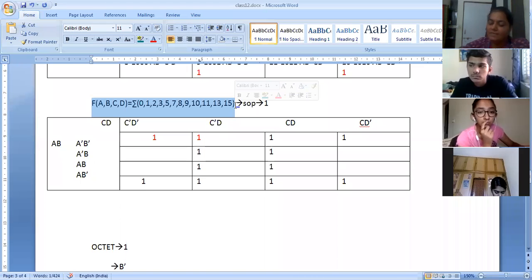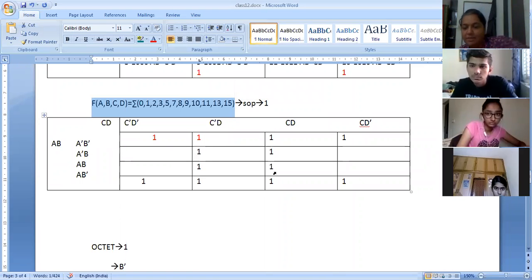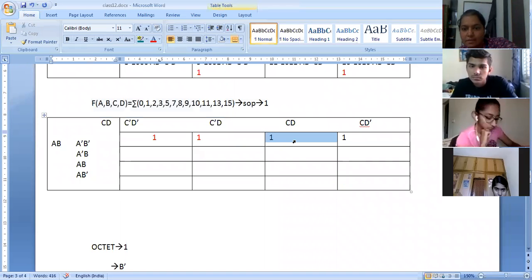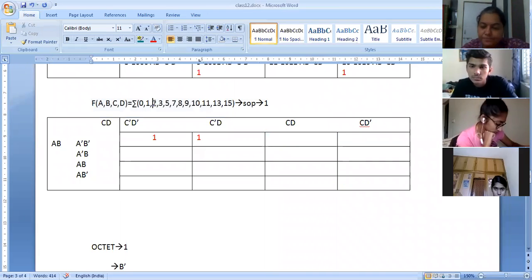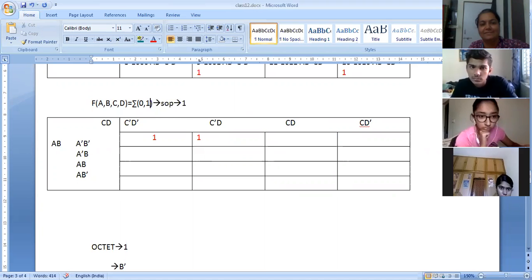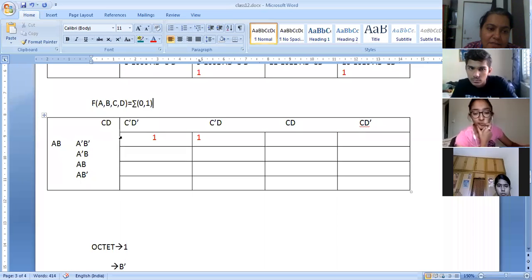Now let me explain some basic things which I have not explained yet. I will take different combinations here. Okay, now let me remove this. This is the question. You will never get such a simple question, but this is the question. How will you solve? Make a pair. You can only make a pair, because for an octet you need 8 ones, and you don't have it. So how will you simplify this? Give me the simplified form.